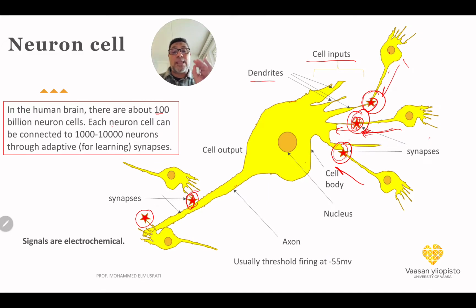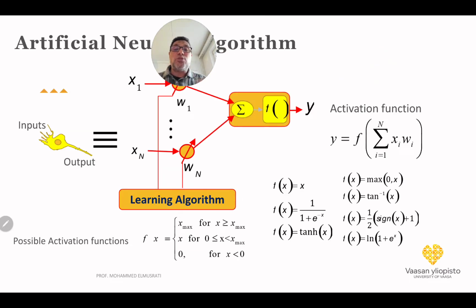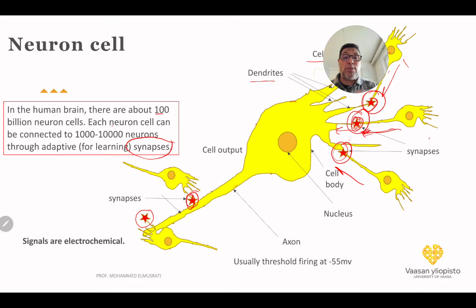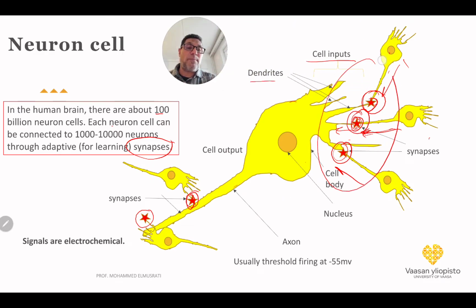So those are the points where the adaptation of our brain happens. So it is through the synapse. Okay, now we would like to build it in a similar way, but in a mathematical representation of this previous cell. So now you can see that these are the inputs that we have here. Okay, and we can represent those synapses as